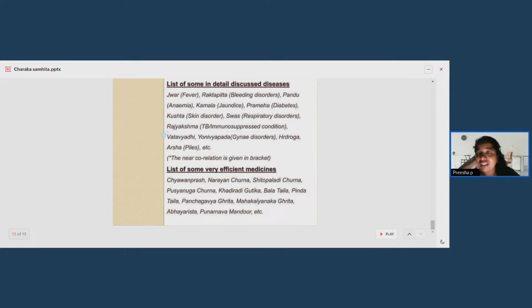What is the hetu of Adharma? Why are we not following the right path? It is because of the past karma, purva karma. So if something is not happening right, it is because of adharma. Why is adharma happening? It is because of purva karma. That is the logic which is explained. So it is not that we are doing something now. It is all because of the purva karma.